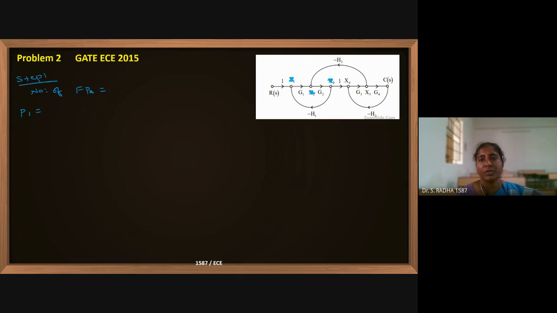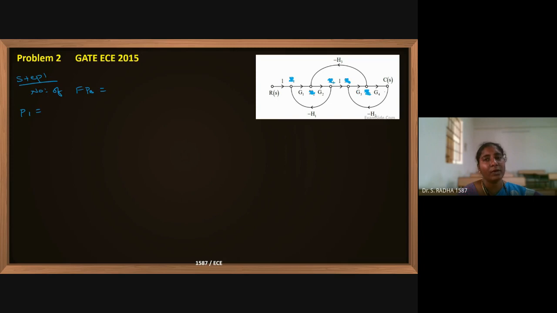These are the names of the nodes. Okay, this same diagram was actually given in the 2015 GATE paper. You should understand that nodes also will have names, but you should not include them in the calculation. Nodes are given names. Okay, on the branch there is an arrow mark. For the arrow mark there will be a gain mentioned.